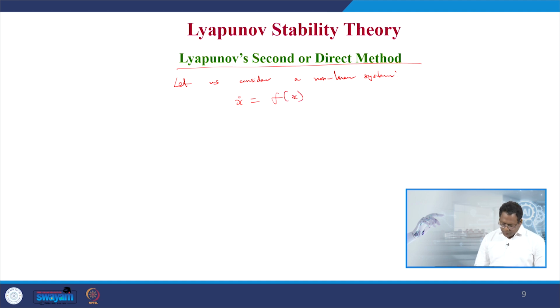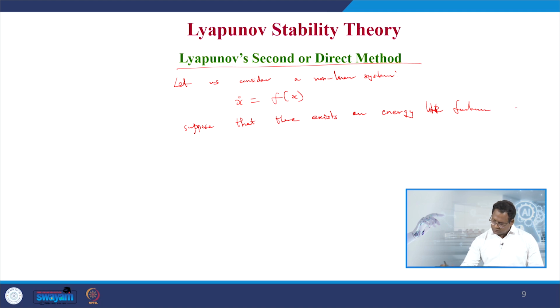Suppose that there exists an energy like function called Lyapunov function, say V of x, with the following properties